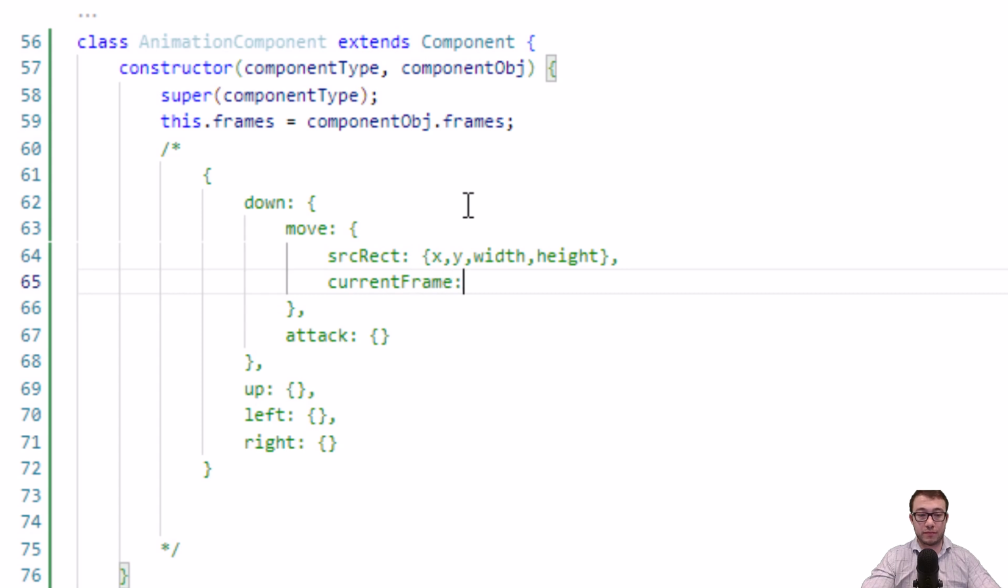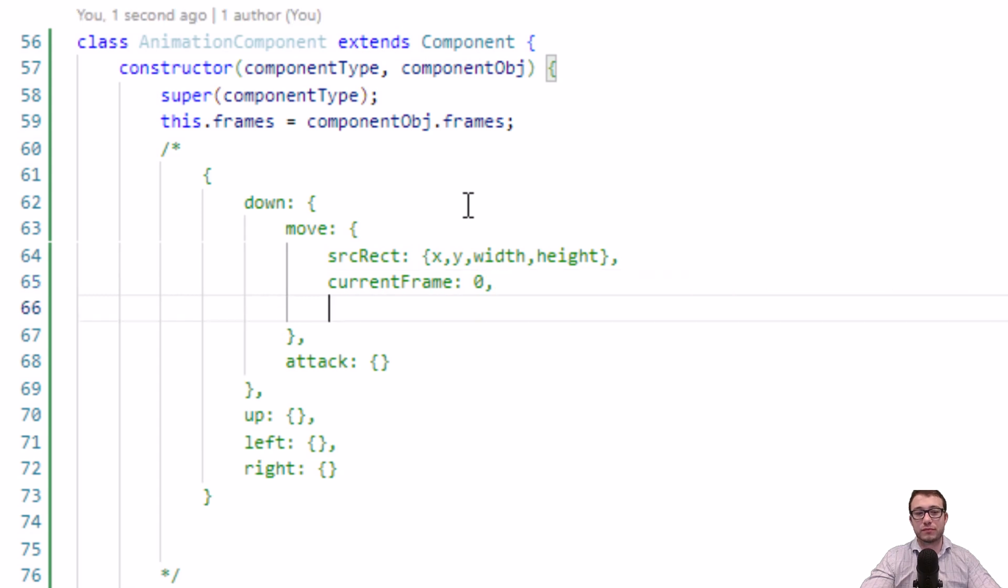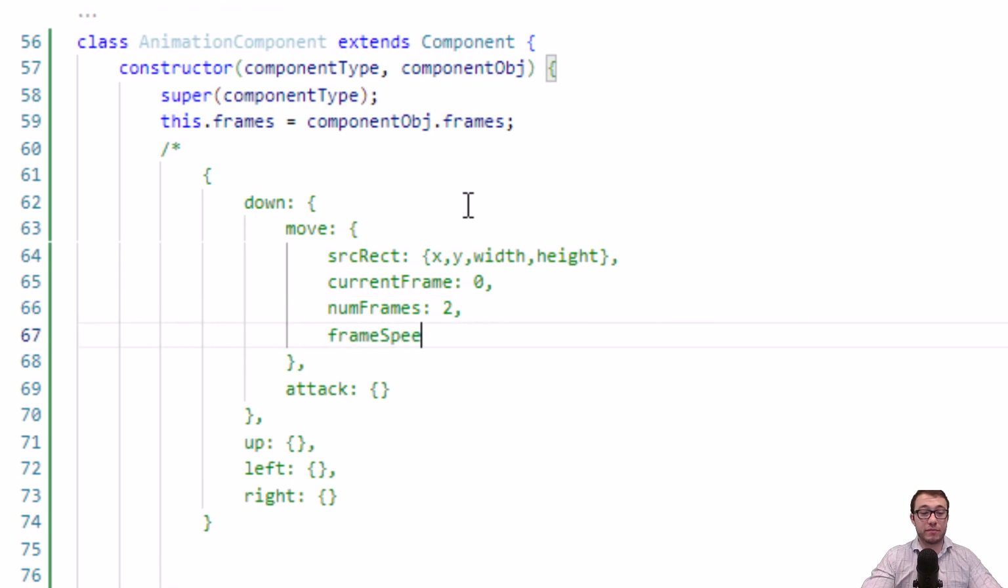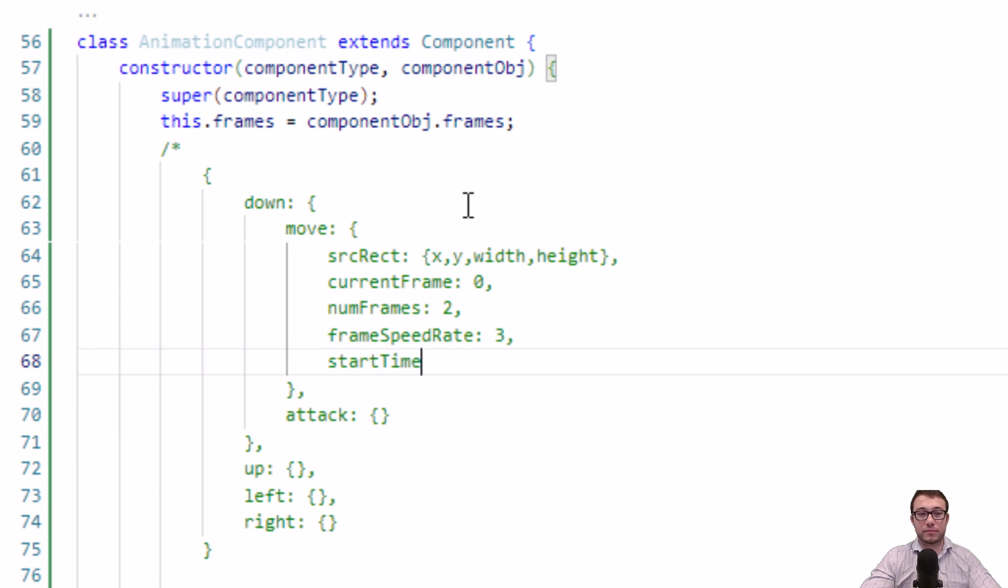Current frame. So every animation is going to start at the very first frame. The number of frames in the animation is going to be 2 for Link running up and down. It's very simple. He just moves his feet one after the other, so that's easy. The frame speed rate, so we're going to see how this is used in a little bit. This is going to be used to determine the number of frames that we show per second. And then we have the start time, which is going to take a date now property